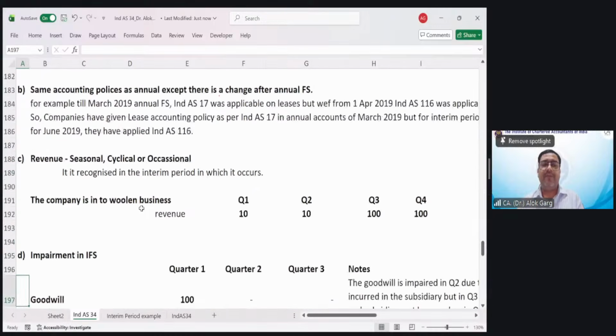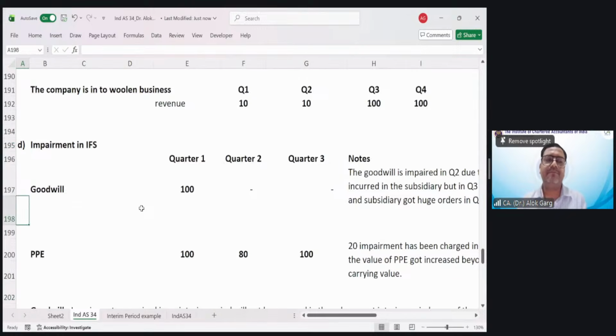Okay. Impairment in interim financial statement, my dear friends, very, very important. Friends, let me give you a simple principle. You will be able to know it fully when I discuss Ind AS 36, impairment of asset. But let me tell you, you had a goodwill and goodwill has been impaired. Due to the situation, the company was not performing well and the company has impaired the goodwill. But subsequently, the company has picked up. The company's performance is absolutely amazing.